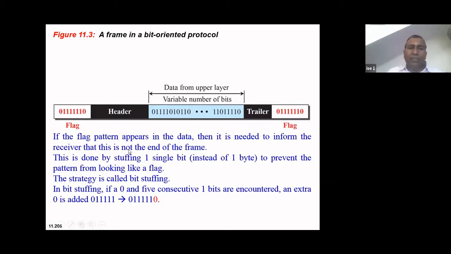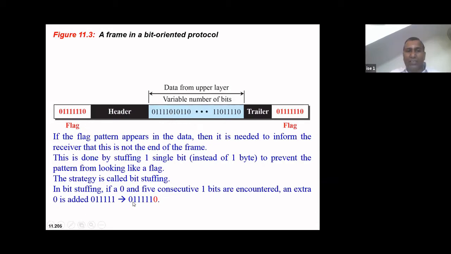So if the flag pattern appears within the data, flag pattern meaning 0 followed by 6 ones and followed by 0, in that case we will do something called bit stuffing. In bit stuffing, if 0 and 5 consecutive ones are encountered, we will put an extra 0 at the end.